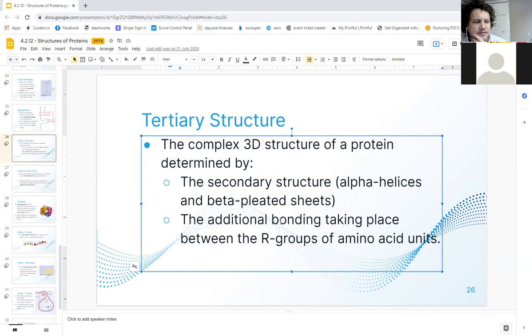And the R groups will interfere with the bonding, as well as the alpha helices and beta pleated sheets. Now there is one more structure, but the important definition to make here is that this only occurs when there's multiple protein chains,